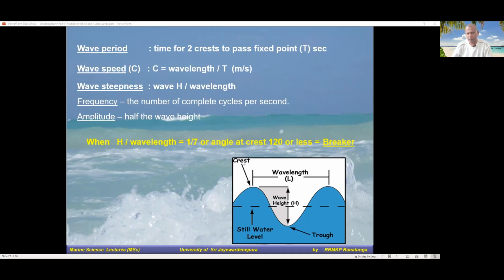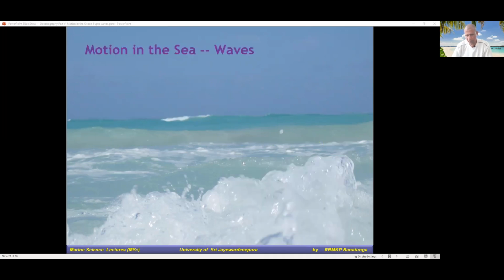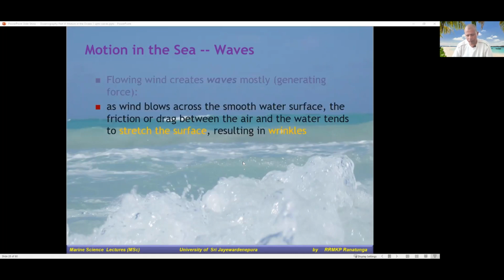But here we don't want to go into that detail. What we really need is how the waves are generated in the ocean, and why they are different from one place to another. As the video explained, the waves are mostly generated from the wind, but of course there are other causes. But if we consider wind generated waves,